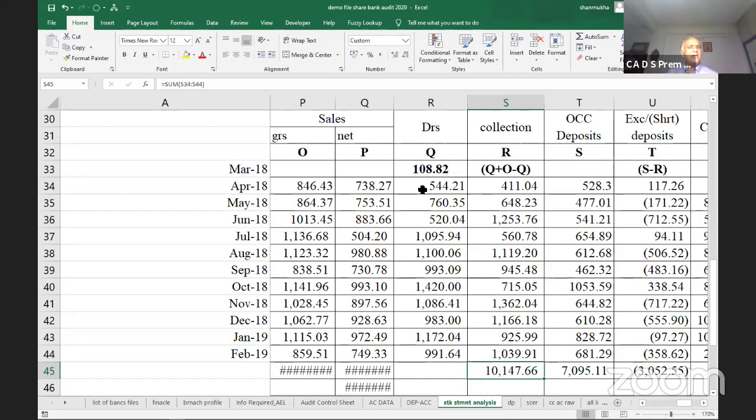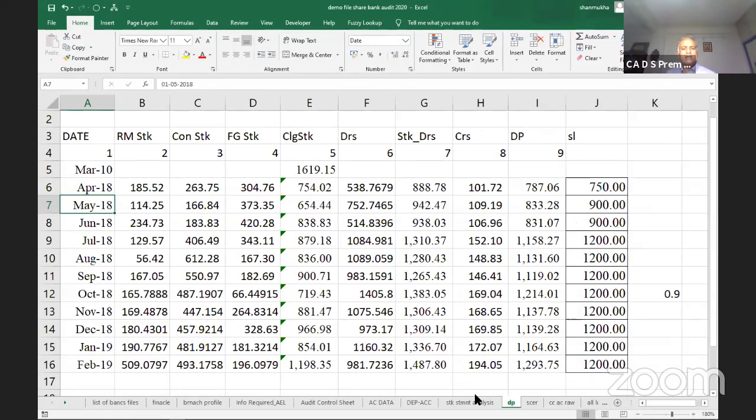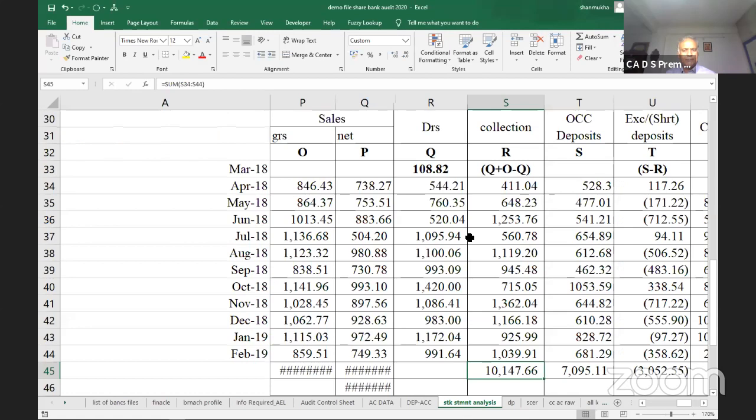ये analysis करने के बाद आपको क्या मालूम हो रहा है? The drawing power calculated based on the stock and debtors गलत हो सकता है. Now come to the question. ये आपका CBS ये पूरा calculations कर सकता है क्या? नहीं कर सकता है. ये करने का उसमें facility नहीं है. This is the reason why most of the